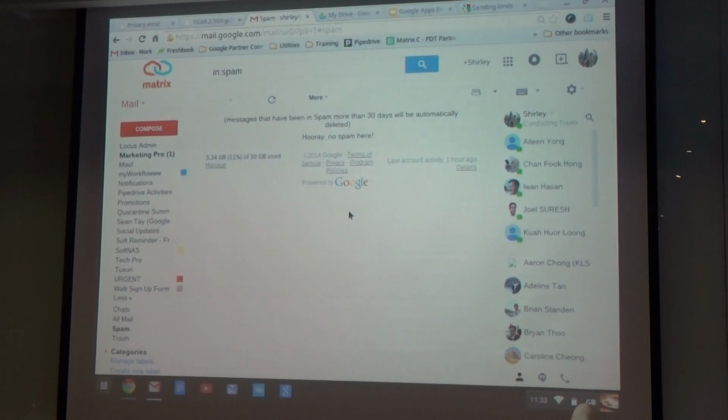When you find it in spam the first time, you click on the email and put not spam. So in future, when your customer sends to you, it will not go to the spam folder anymore. Okay, so for Google here, I don't receive so many spam emails nowadays,